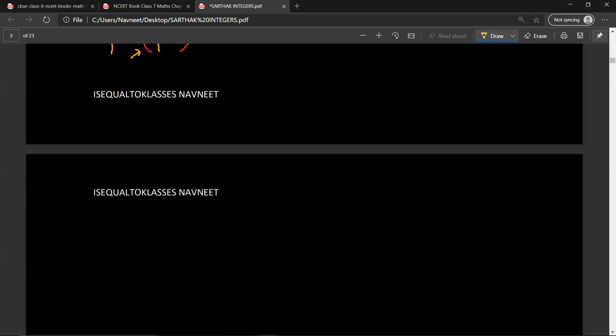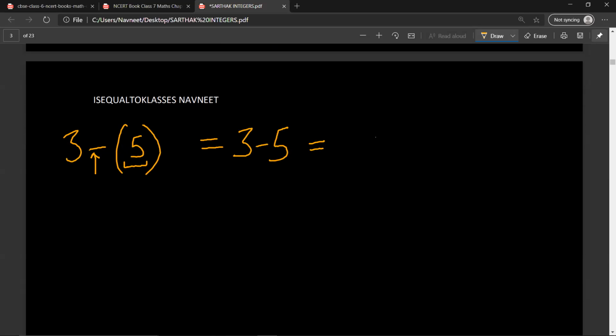I'll take another example. For example, if there is 3 minus 5, yeah? So Sarthak, this 5 is positive or negative? Positive. There is a negative standing outside. This negative will change the sign of this 5. So it will become 3 minus 5. Is it okay? Yes, sir. 3 minus 5 is